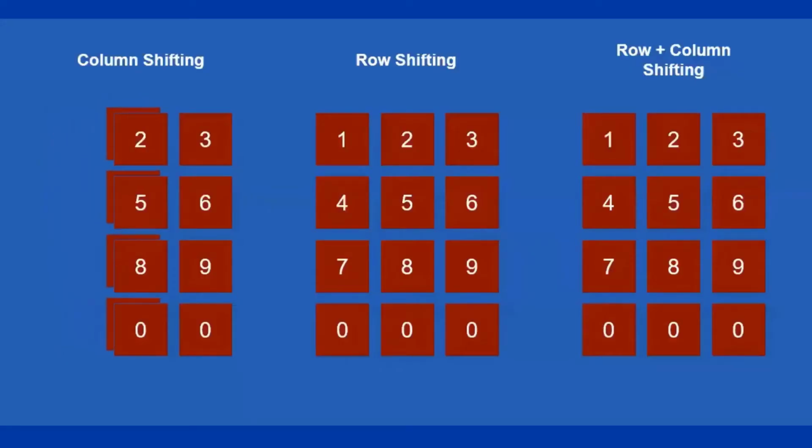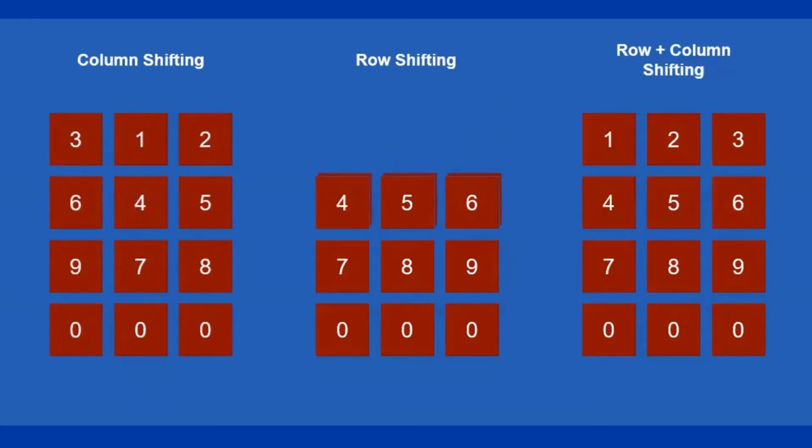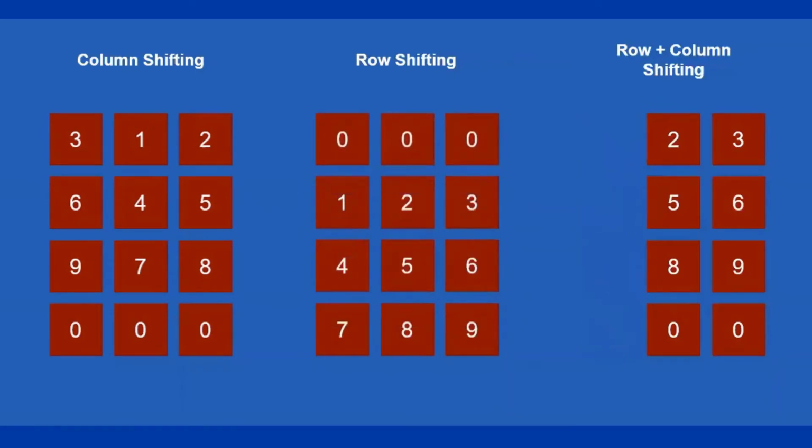To rearrange the keypad, we explore shifting of columns, shifting of rows, and shifting of both rows and columns. The entire keypad is shifted by a random number of times in one direction using the predetermined method similar to the animation shown here.